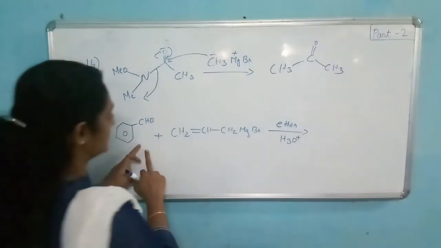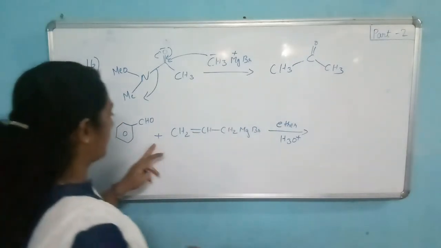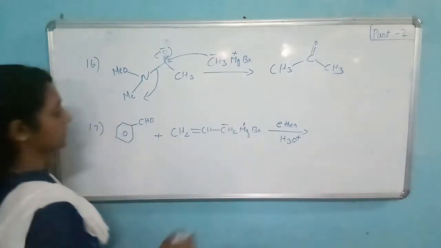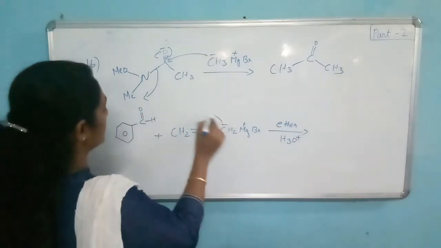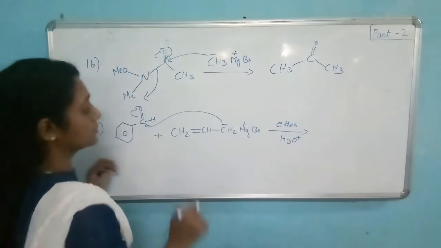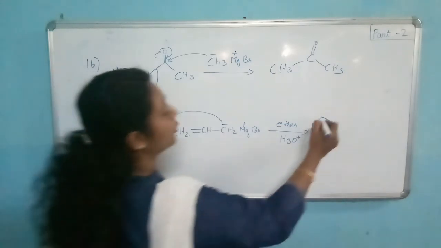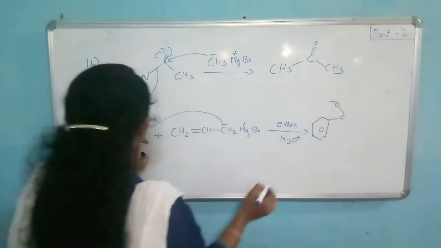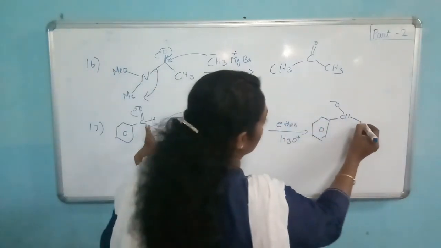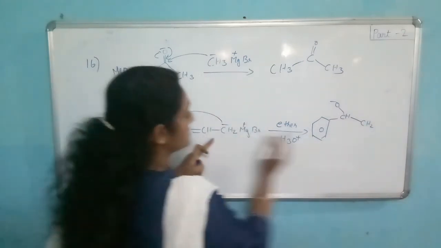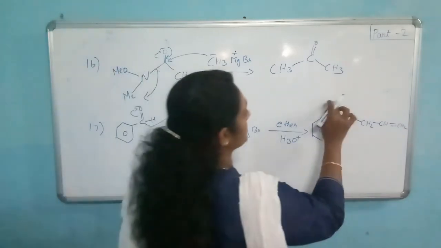Next is an aldehyde reacting with the allyl Grignard reagent. This is the allyl nucleophile. Grignard reagent Mg plus, and we can write the aldehyde as CH double bond O. This minus comes and attacks the carbonyl carbon, the bond shifts to oxygen, we get the benzene ring, then CO minus, O minus, there's an H. To this carbon, this allylic carbon comes, CH2 CH double bond CH2. And on hydrolysis, we get OH.